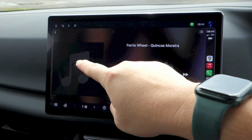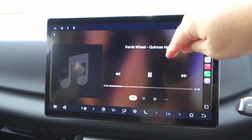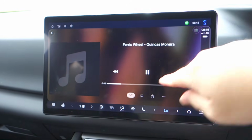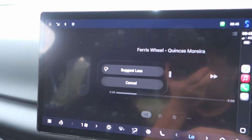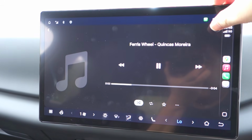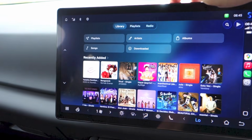The album art will show up here if available. You have the song title. The artist and album name will show up here again if available. You can play pause, go back a song, go forward a song, song duration, and below you can activate shuffle, repeat, favorite the song, and bring up your suggest less option. This button goes to your playing next playlist, and hit this button to go back to your main media menu